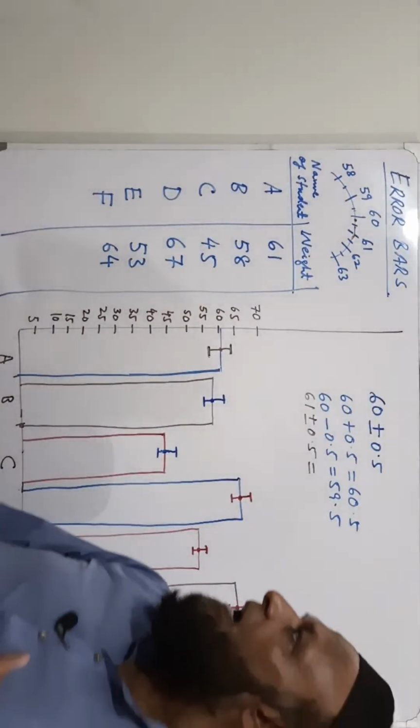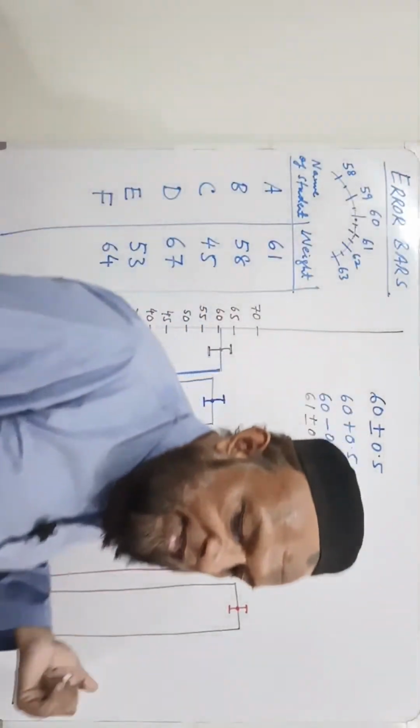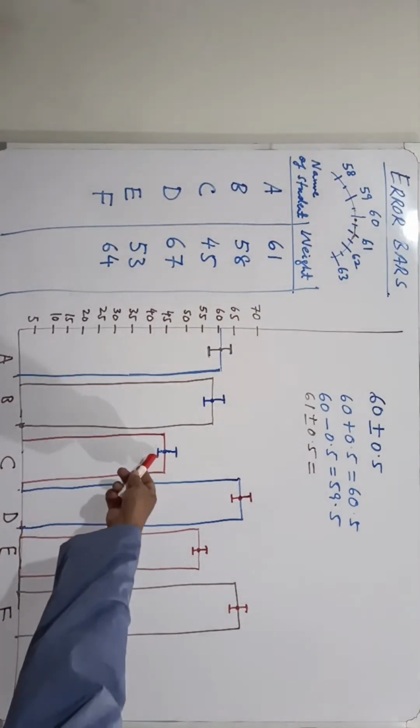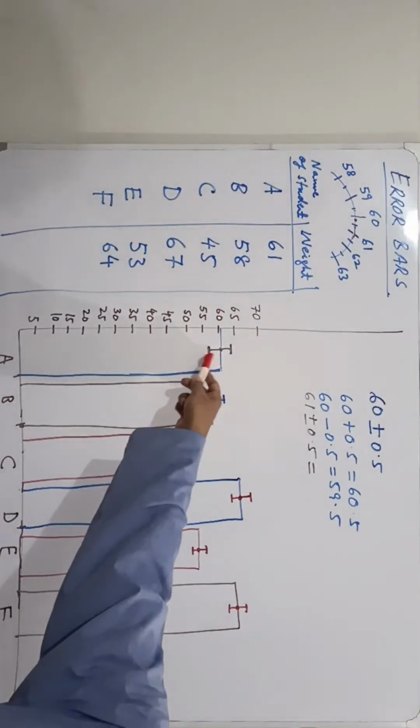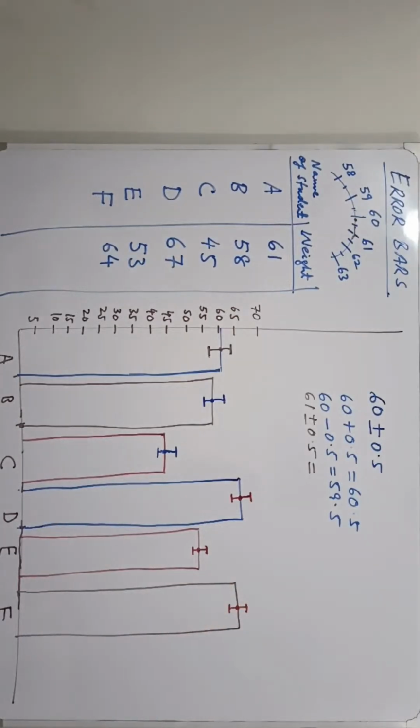तो हर ऐसी जगह जहां पर एरर होगा वो किससे बताया जाएगा? एरर बार से बताया जाएगा कि एग्जैक्ट वैल्यू तो हमने ये रिकॉर्ड की है, बट इसमें जो डिविएशन है, इसमें जो चेंज आ सकती है, वो चेंज ये है। जैसे हमने बताया कि यहां ये चेंज आ सकती है, ये चेंजेस सारी 0.5 को रिप्रेजेंट कर रही हैं।